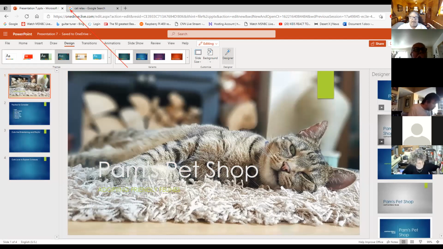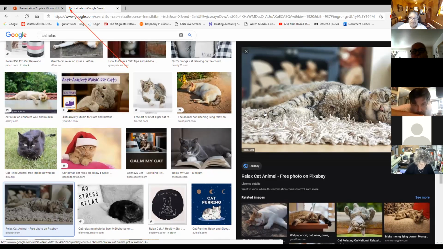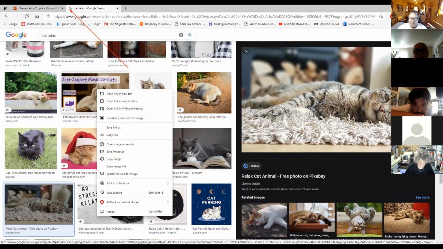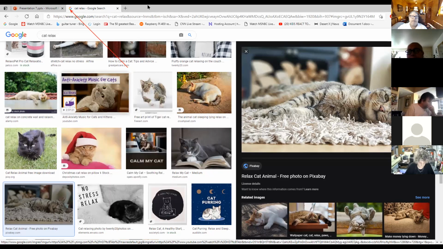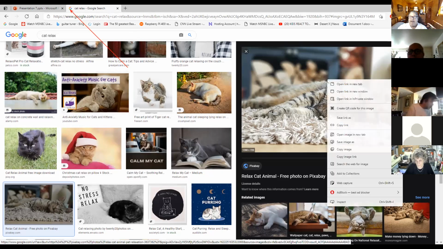See the process? Step number 1, find a picture that you like on Google Images. Once you locate it, you're gonna click on the image to display it on the side. What I did right now, saving the picture, if I right click right here, it's gonna give me a very small picture, because these are thumbnails. They're not the real picture. The real picture is when you click on it. Okay. So once I display it full on the side, I'm gonna right click on it, save image as,